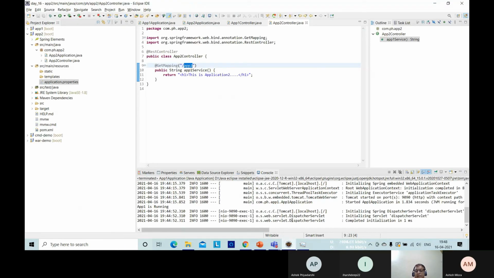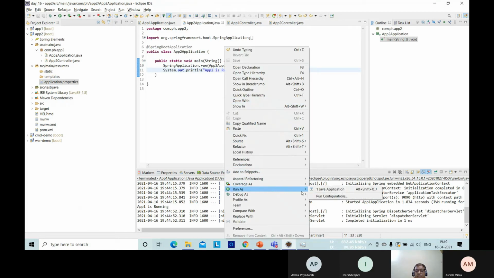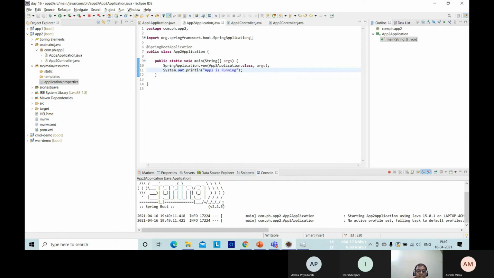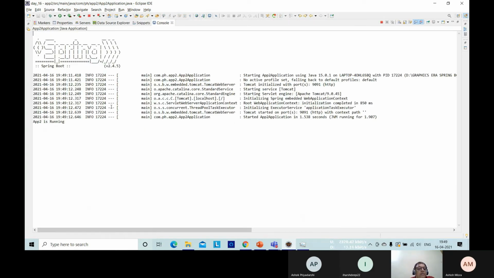Let's see what's giving the error. I think we have not executed. That is why. So we will have the app2 application here. Let us execute first. अभी तो run हो ही नहीं रहा. Now we are having it running. Now you can see two applications we are running, app1 and app2. App2 is running at Tomcat port 9091.